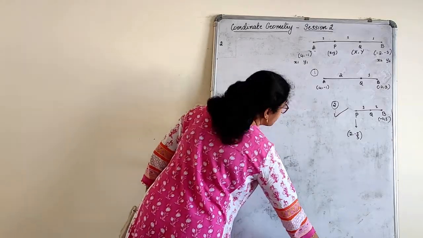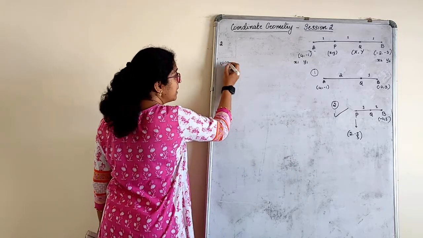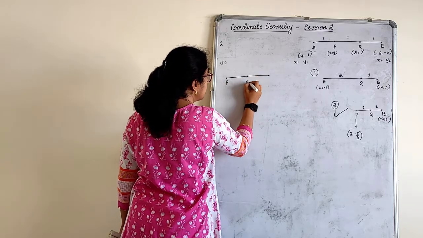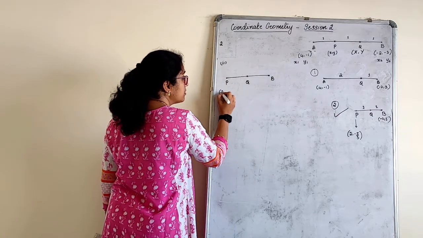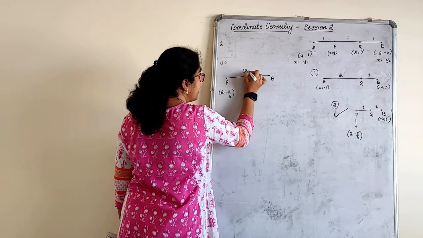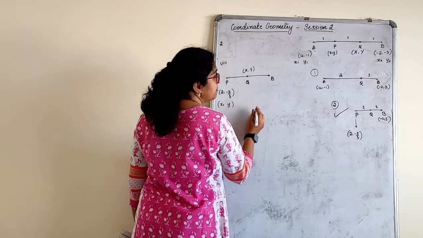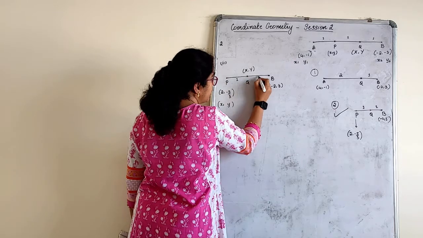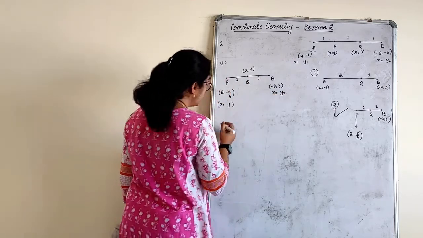So the second part, that was the first part. For the second part, I will write the figure now as P, Q and B. So P is what? 2, minus 5 by 3. This is X, Y. And B is what? Already we know, minus 2, 3 by 2, in the ratio 1 is to 1. So this is X2, Y2.